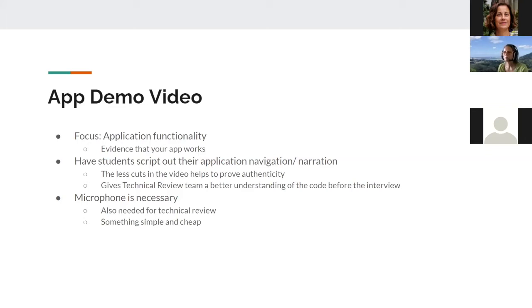This process of narrating, or designing a narrative, and planning out the way that you are displaying your program will also help students think of possible things they want to talk about in either the presentation on the final day or the actual technical review. All right. Now,